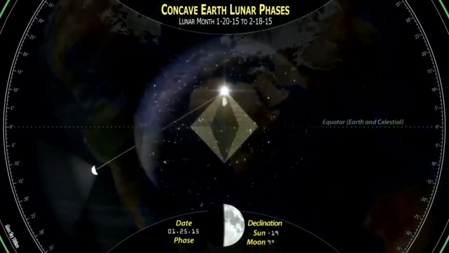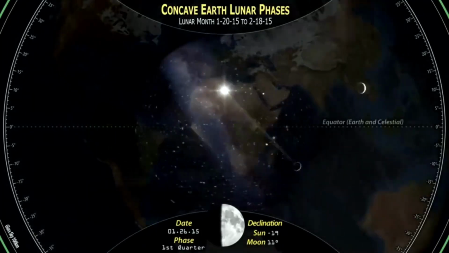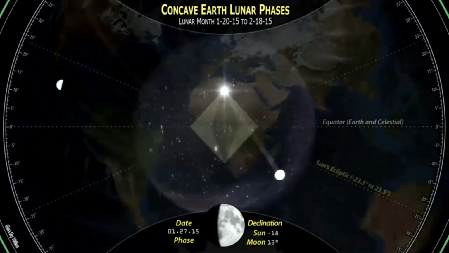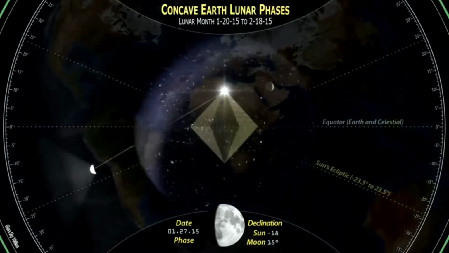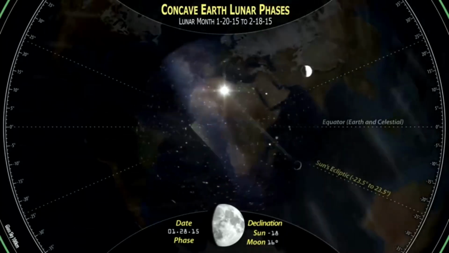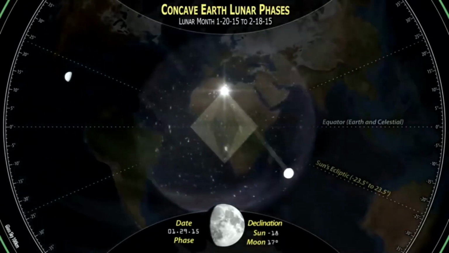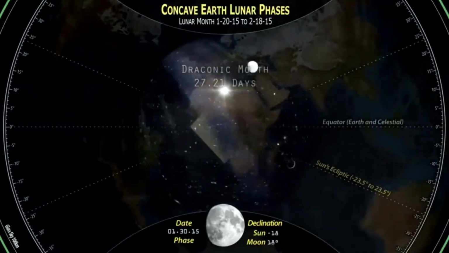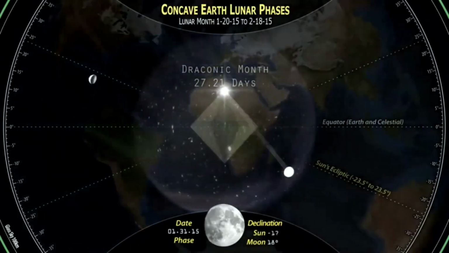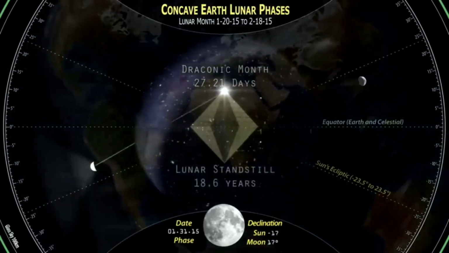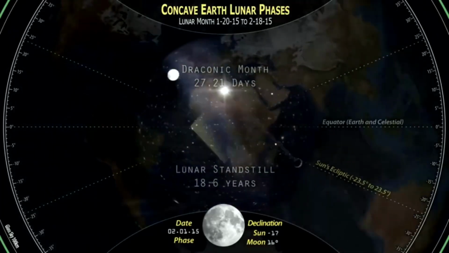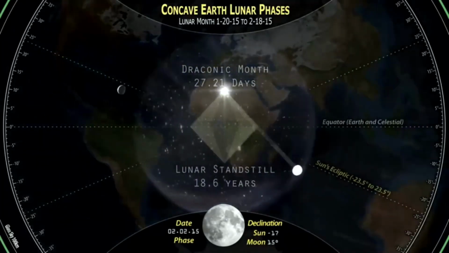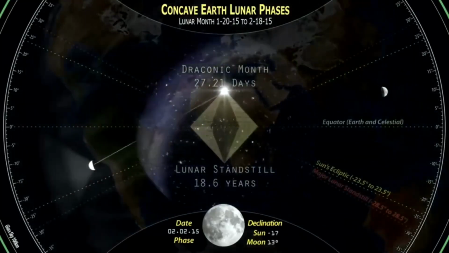We see the equator there is actually shared with the celestial sphere. That means there's no tilt to the Earth. We can also see the sun's ecliptic at negative 23.5 to 23.5, which means the sun is oscillating in a cylindrical path from year to year. This cycle for the moon is called the draconic month at 27.21 days. And the lunar standstill of 18.6 years is the time in which the moon actually fluctuates in the sky,